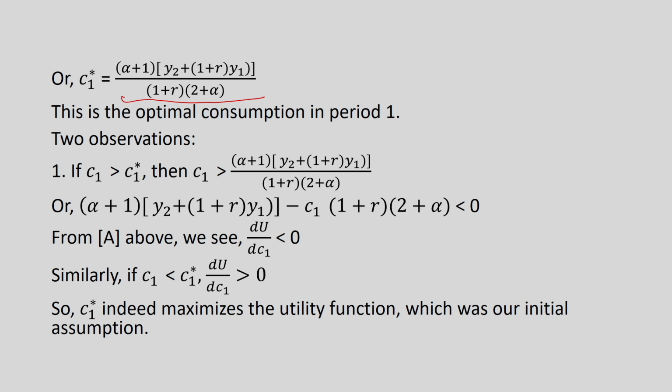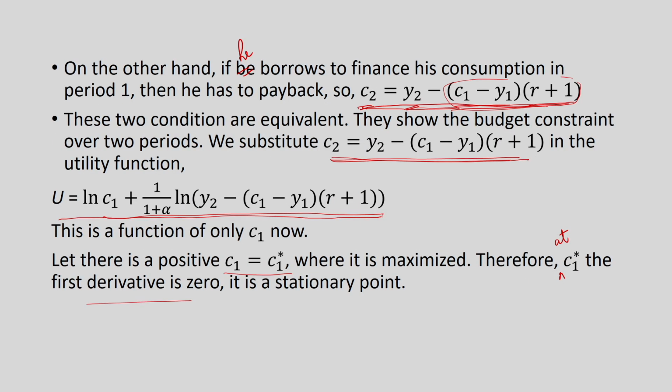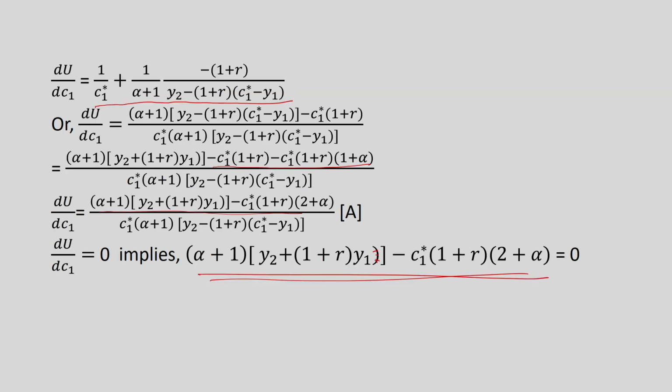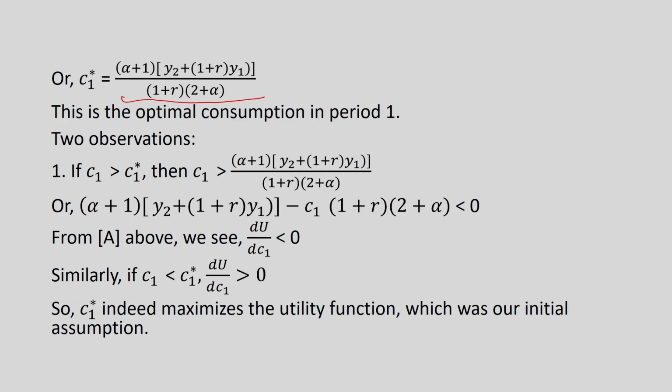Now, here we have found the optimal consumption. If C1 star is given to us, we can straight away find the C2 star also from this. I just have to substitute C1 star here, and C2 star, that is consumption in period 2, can be found out. So, C1 star and C2 star have been found out. Now,